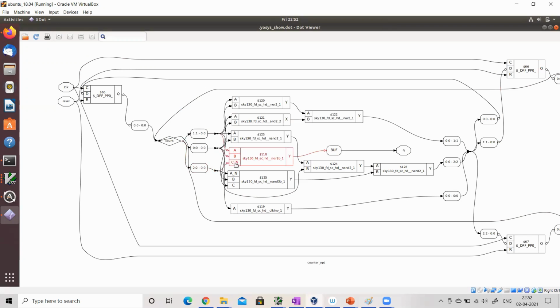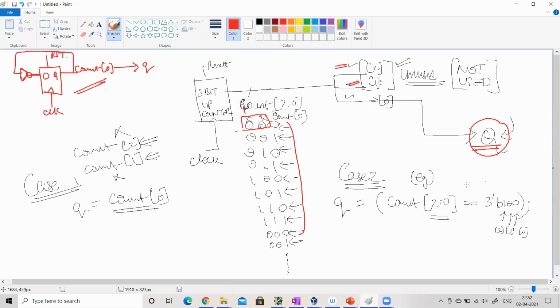And C input is an inverter. There's a C_N there. That means C input is a negated input. So let's see what it has done. It is looking for 3'b100, correct? That means we are looking for expression of Q as something like this. We are looking for the expression of Q as Q equal to